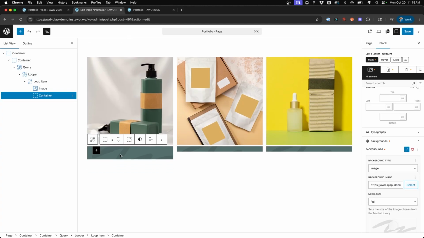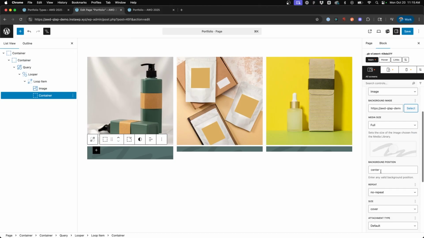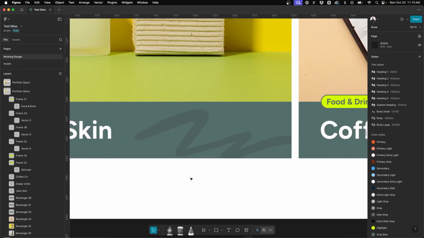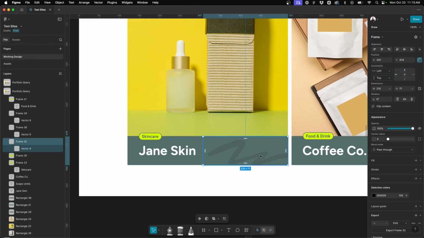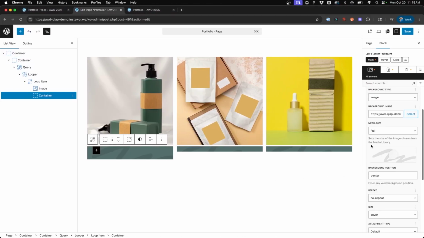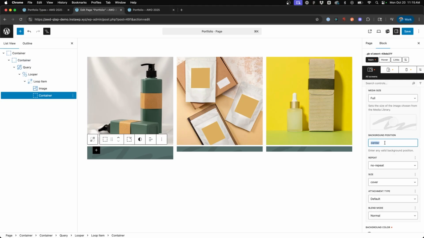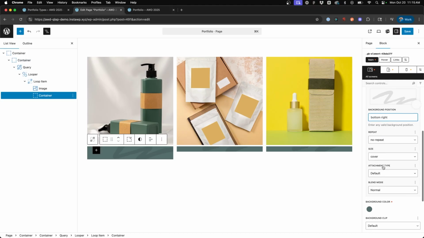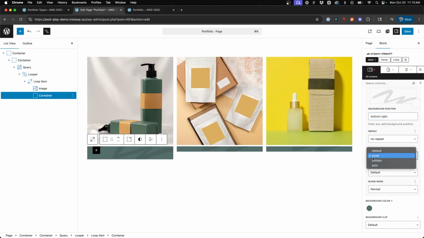And now you'll see by default it's filling the entire space here of that container, but we really don't want it to be that big because in our design you can see it's actually only maybe 200 pixels wide on that entire container. So we're going to say background position bottom right, leave repeat to no repeat, and then size,